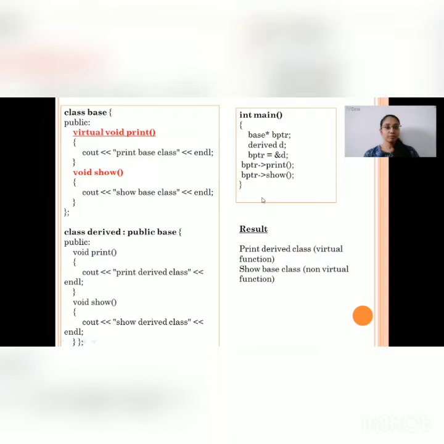When a function show is called using a pointer, then a function from base class is called, because it is a non-virtual function.